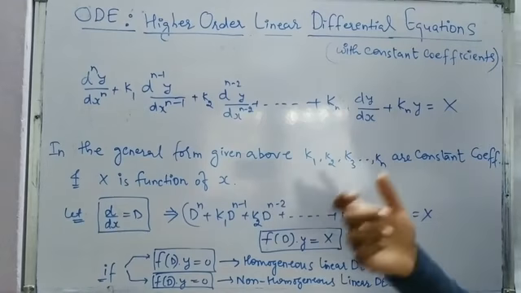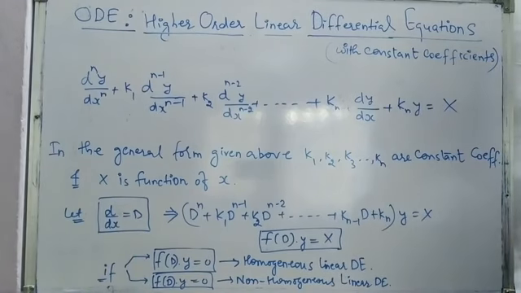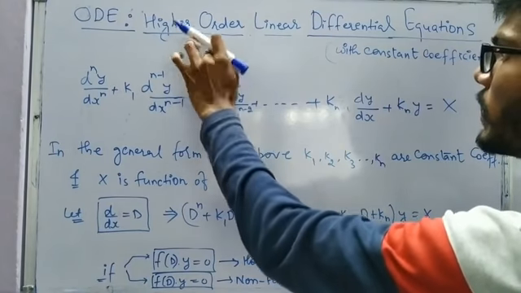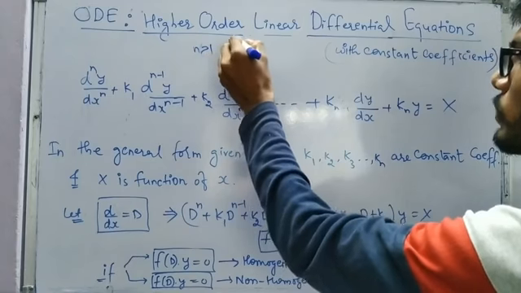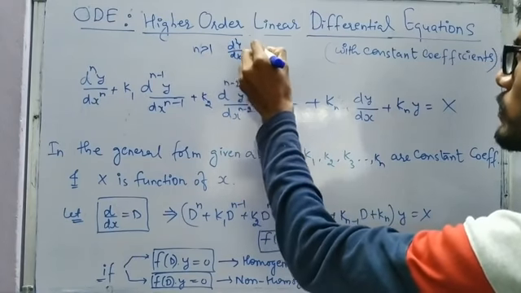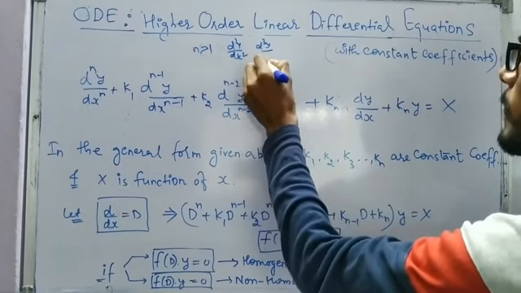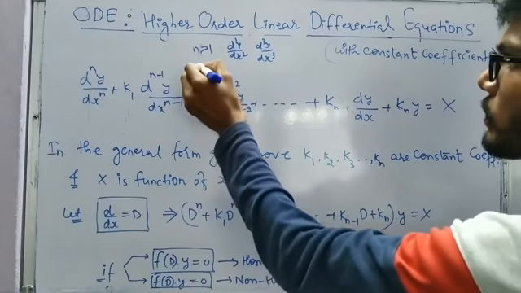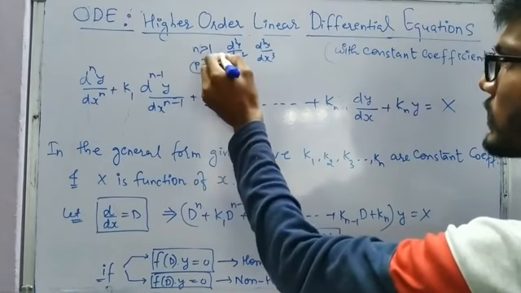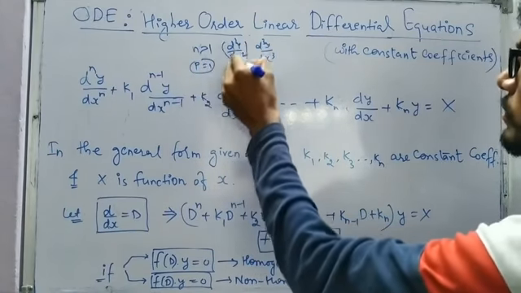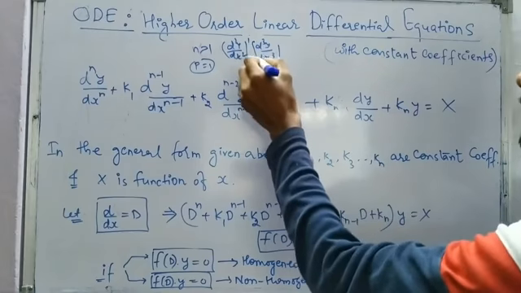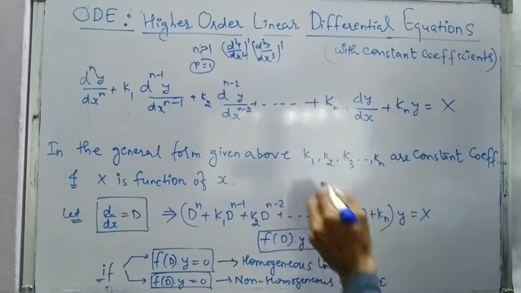In this session we are going to talk about higher order linear differential equations. Higher order means the value of n is going to be greater than 1, so we are going to have terms like d2y by dx2 or d3y by dx3. But again we are going to talk about linear only. So if it is second order, the power of d2y by dx2 is going to be 1 only. If it is third order, the power of d3y by dx3 is also going to be 1 only.